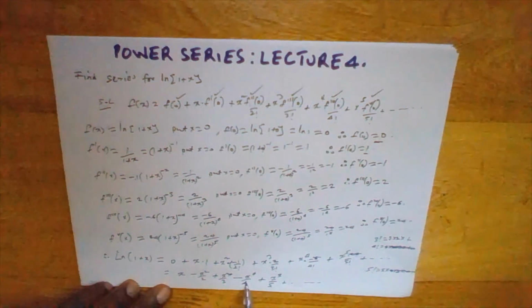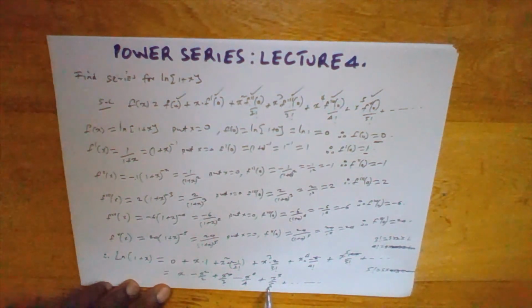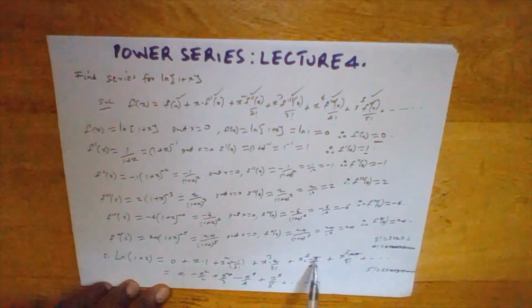So you can see that these denominators are the natural numbers. They are not the factorials, because we have been cancelling